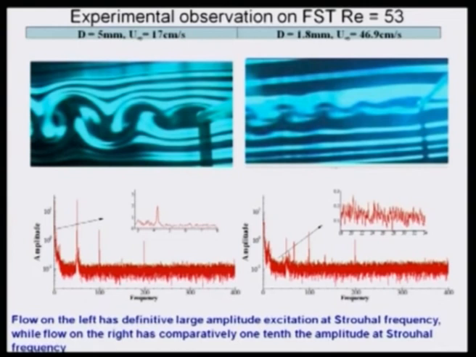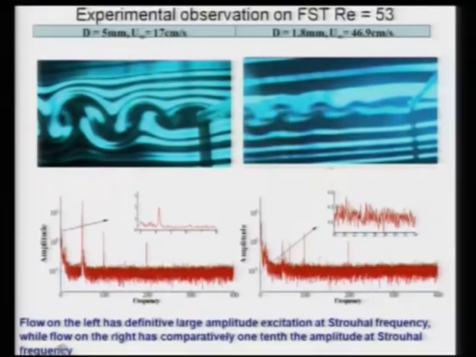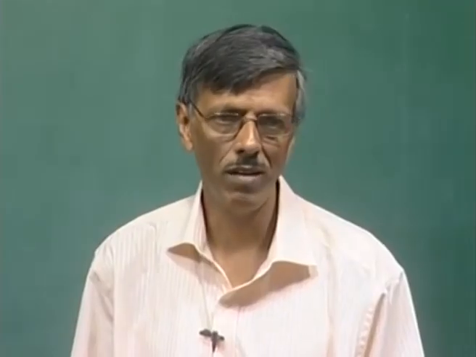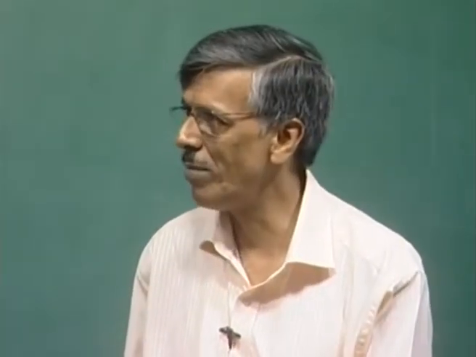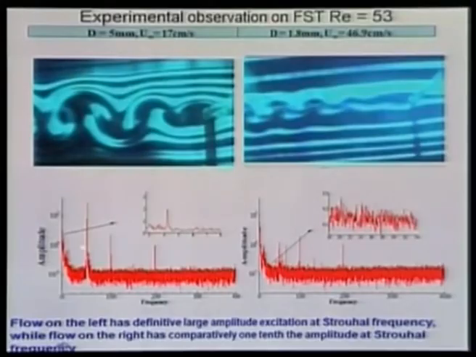This was at the back of my mind. So, I told our group, let us measure the background disturbance in the tunnel by removing the model. For example, if I look at the disturbance level here for 17 centimeters per second in the empty tunnel, this is what I get, the spectrum of the noise. Spectrum means we plot the amplitude versus the frequency.